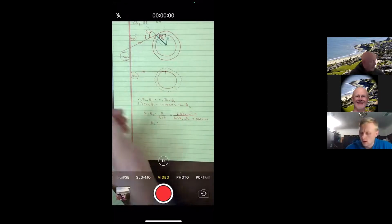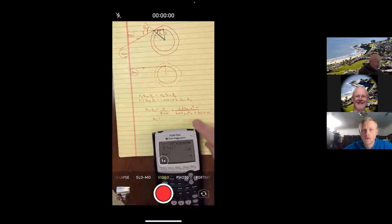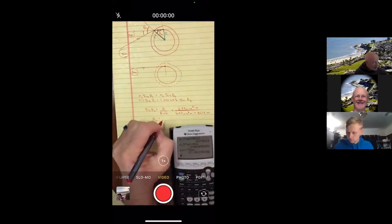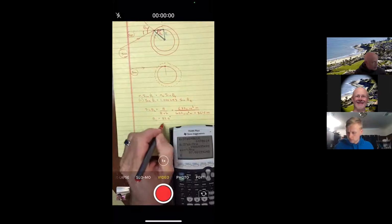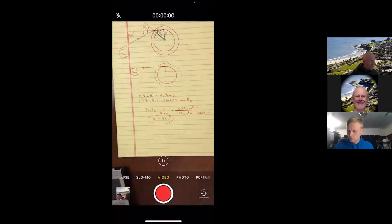Well, never mind. I was going to compare it to something else, but I should just calculate what this is. The bottom is 6.37 million plus 806.14. That's the bottom. Why don't I just say 6.37 million meters on the top divided by that last answer. So there's the sine of the angle. Let me go inverse sine. And it looks like 87.0 degrees is theta 2 from the